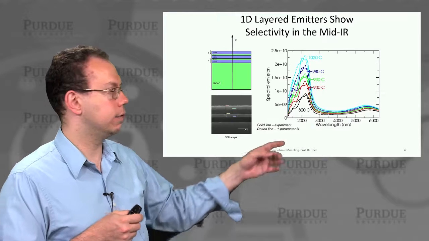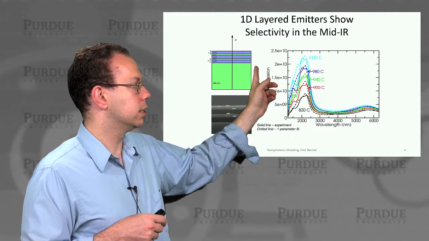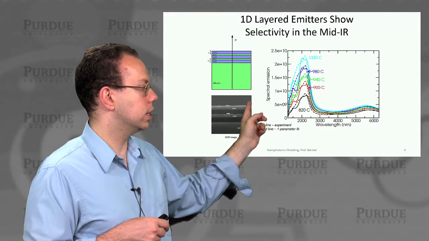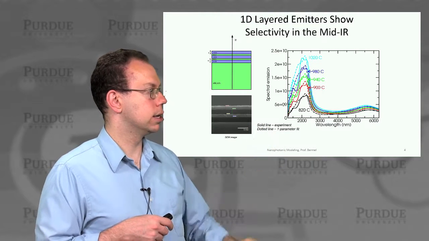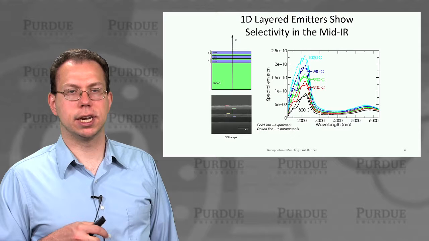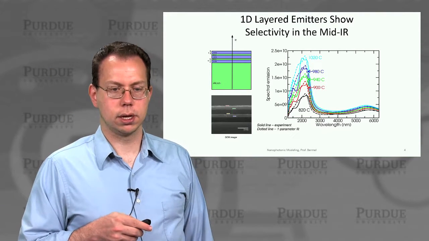And this is obviously a very simple structure. This is depicting it schematically, just alternating silicon and silicon dioxide. And then this is actually the picture of the structure that we made in order to demonstrate this. And so this was published in Proceedings of the National Academy of Sciences in 2013.